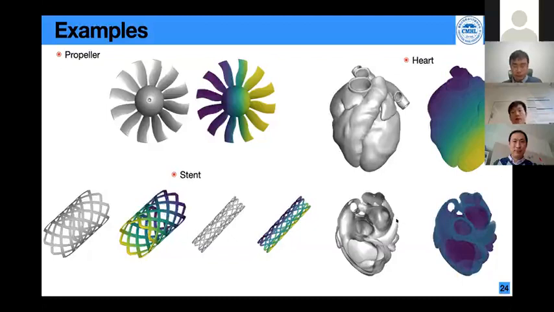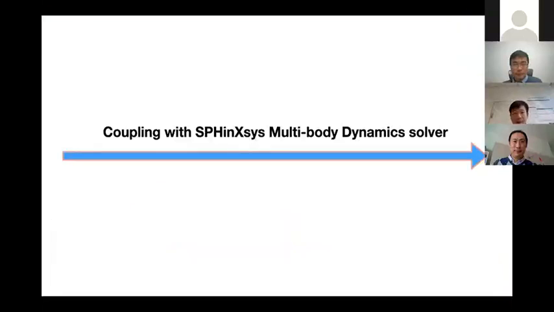So in the present particle generator, all you need to do is generate a CAD file, and then our library can read the CAD file automatically, and then give it to the relaxation with the particle constraint, and then give you the body-fitted particle distribution. So having talked about the particle generator, we will talk about the coupling of SPHinXsys with